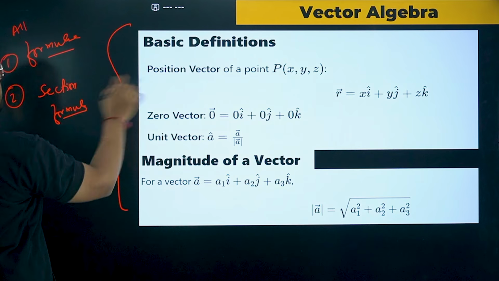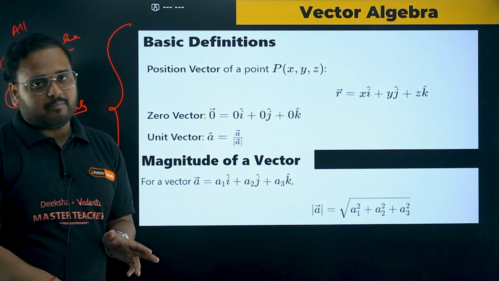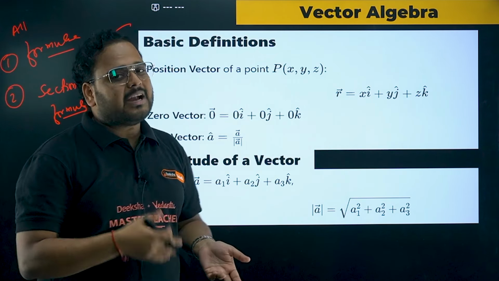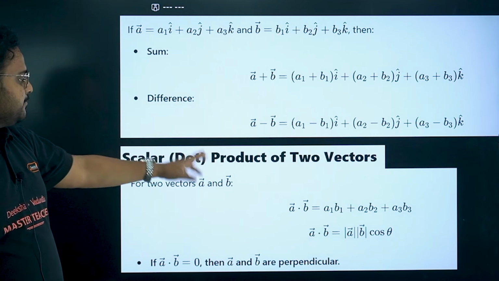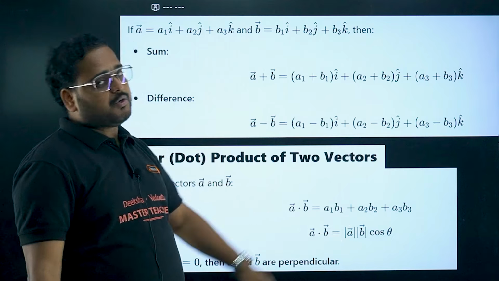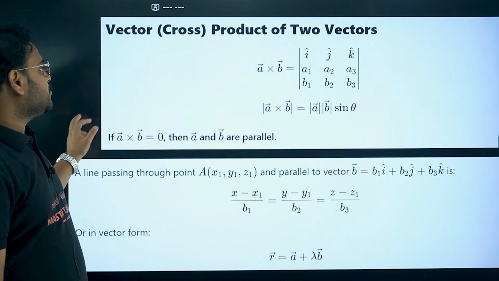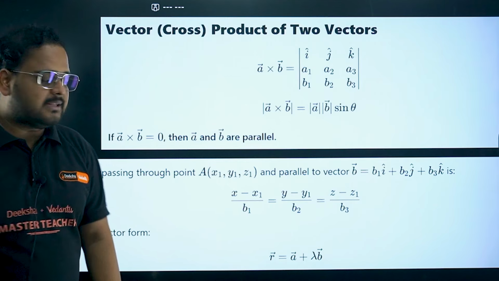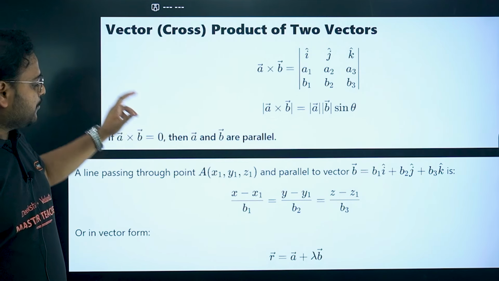Here formula becomes very important. Direct questions will come on the formula application. So have a look on this. Unit vector, projection of vector, all this will come. Check here. Angle between two vectors, all of that will be asked in this. So you have the application of cross product, dot product, finding the distance between two lines. All that is very much relevant. So please go through this.